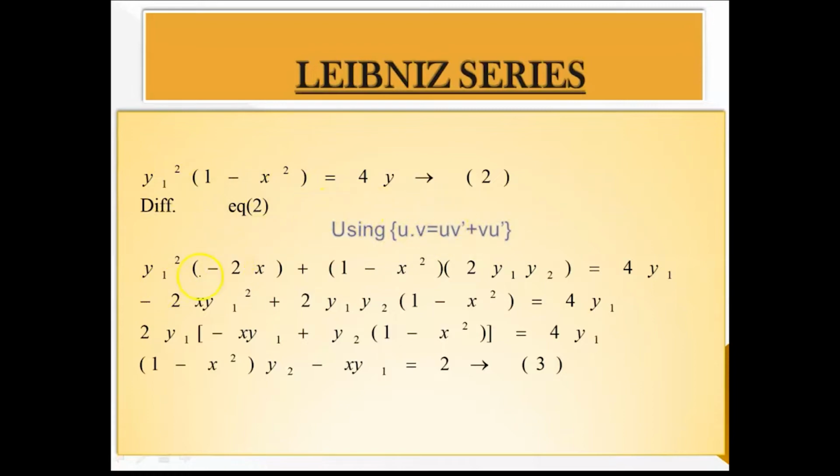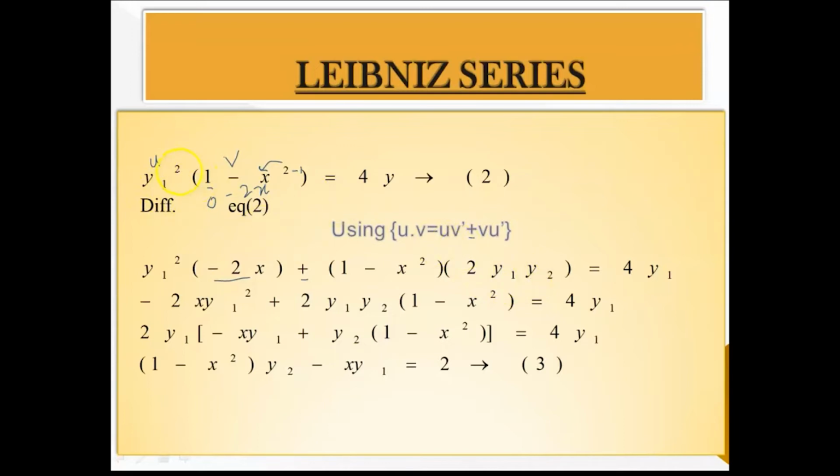So we wrote u times the derivative of v. This was u and this was v, right? The derivative of v: the derivative of a constant will be 0, and then minus, the power is written first, so it will be 2, and we write the function, which is x. So power minus 1 will be 1, so it will not affect our variable. So I simply wrote minus 2x. Now plus sign from there, and for v, I simply wrote the v here, times the derivative of u. Our u was y1 squared, so the derivative of y1 squared will be 2 y1 times